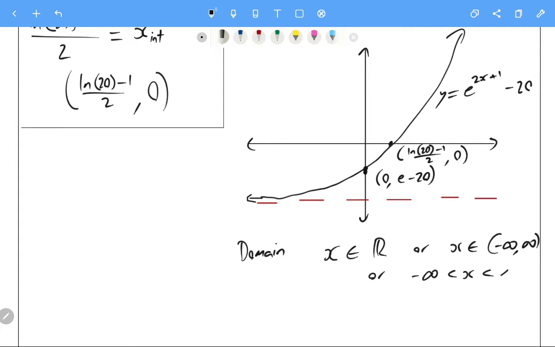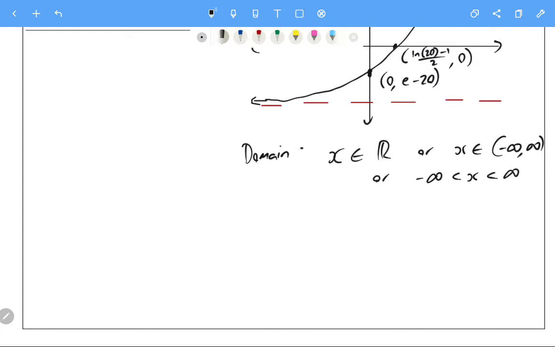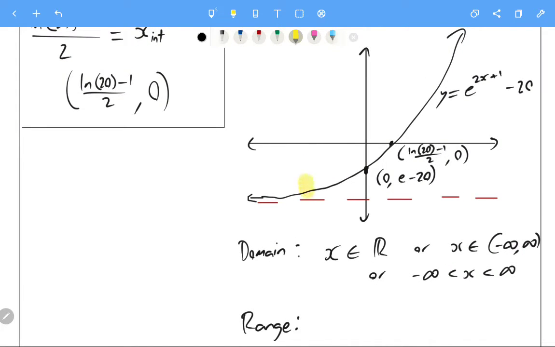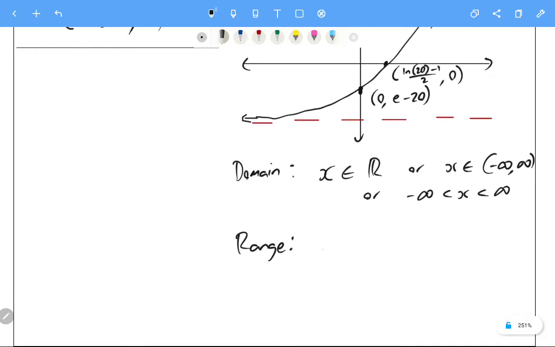X is greater than negative infinity, which is less than infinity. Alrighty, so there's our domain. The range is an interesting one. You can see that when we're looking vertically, you can get any vertical position as long as it's above negative 20. We never actually hit negative 20, so y is in the set (negative 20, infinity),